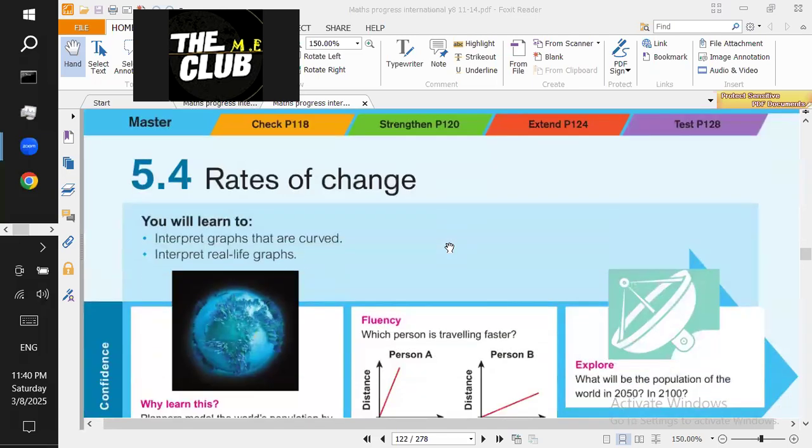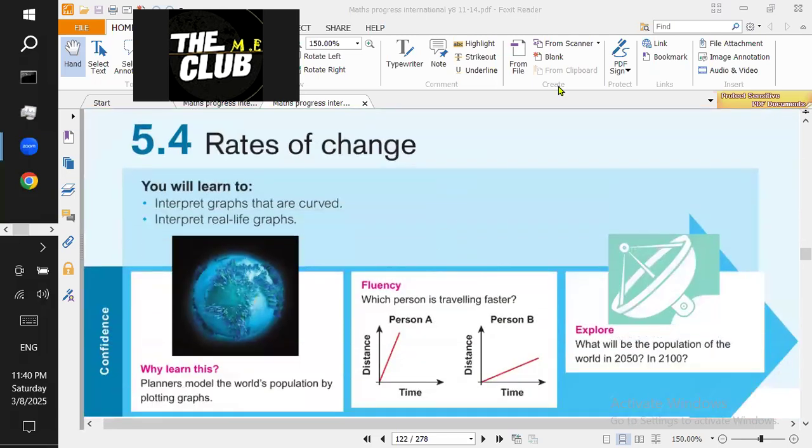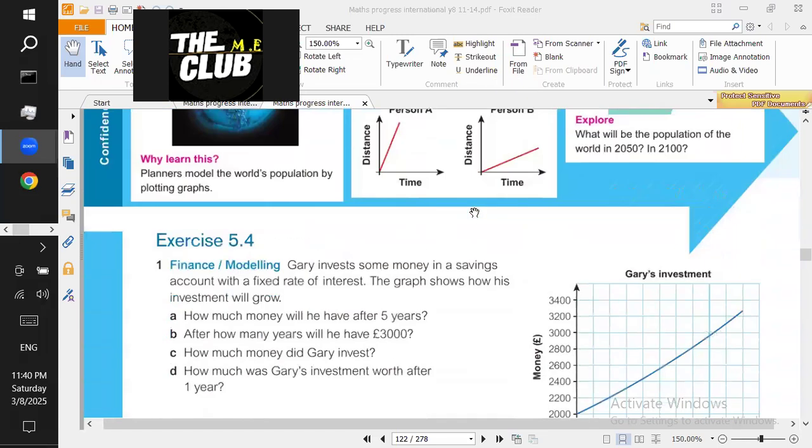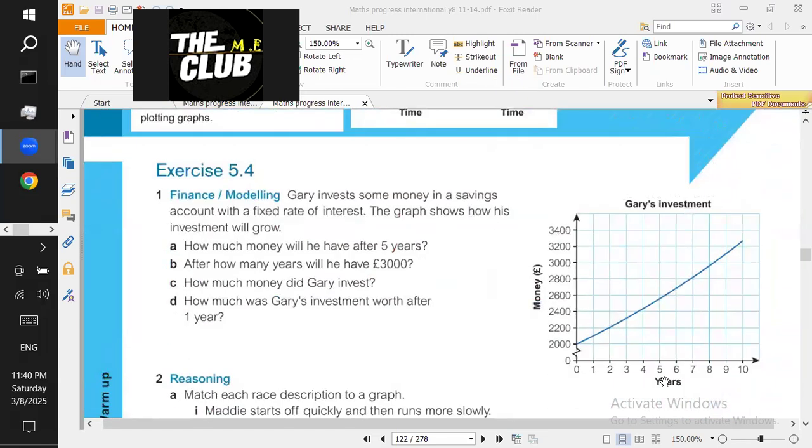Now let's move on to the next question. Next lesson we have is rates of change. Rates of change depends on graphs, same idea. Here, as you can see, this is a graph. You can read this graph or interpret it using the same ideas that we did. How much money will he have after 5 years? These are the years 1, 2, 3, 4, 5. So the money will be here, which is